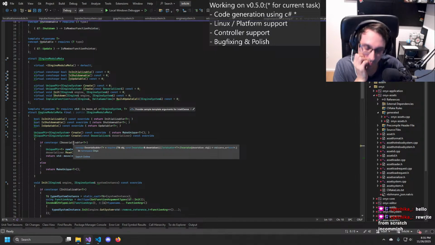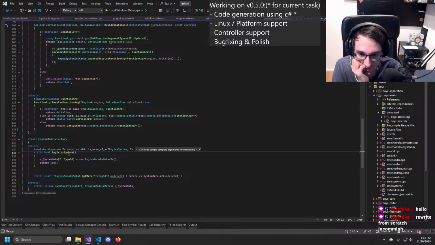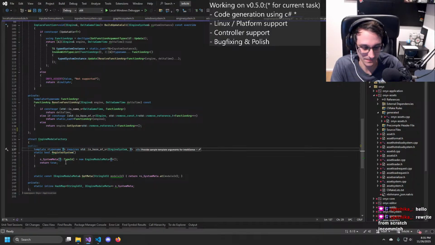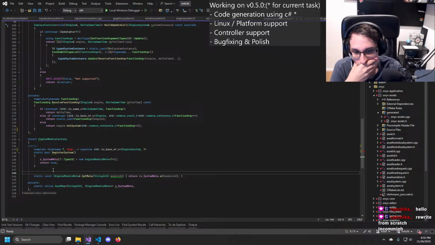What that would boil down to now is that this register needs to take the constructor args here, and then we forward them here.